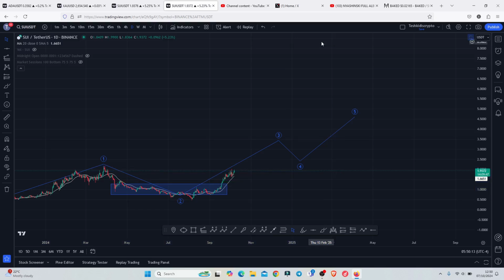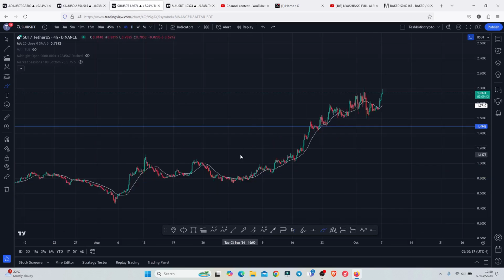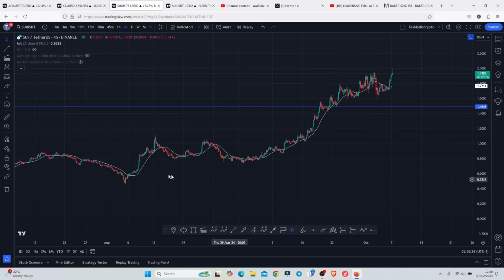And jumping to the 4-hour chart, where I will be giving you the short-term price prediction analysis, I'll be basing my analysis on the Elliott wave structures, which have been playing out from the lows that we made on the 5th of August, which is down here, where you can see that we saw a very nice bounce to the upside and peaked in this Elliott wave count 1, giving us a high above the $1.1172. Then we saw a bit of a short-term pullback over here in an Elliott wave count 2, and whatever